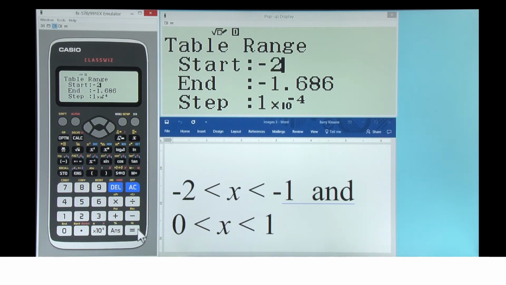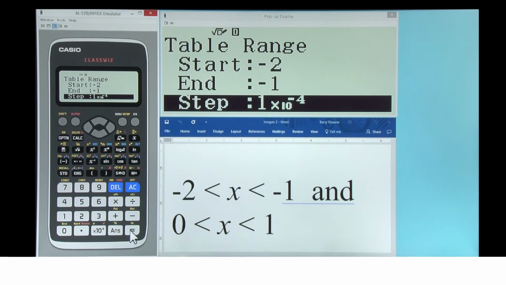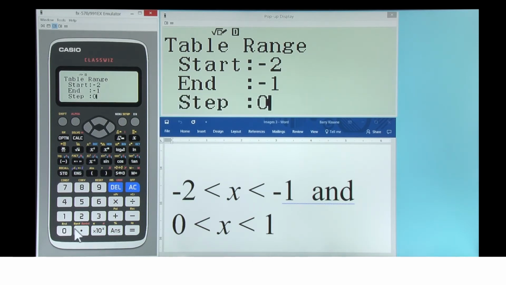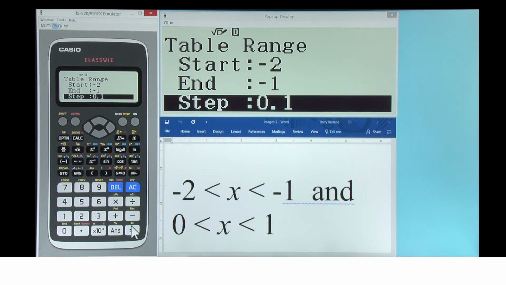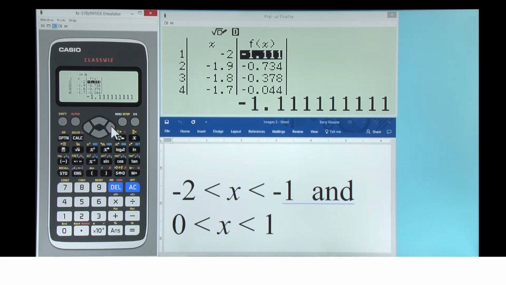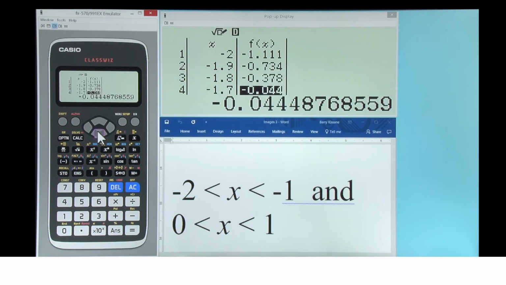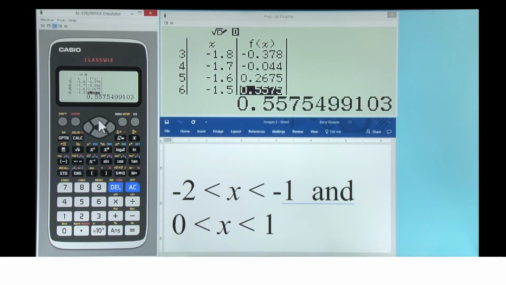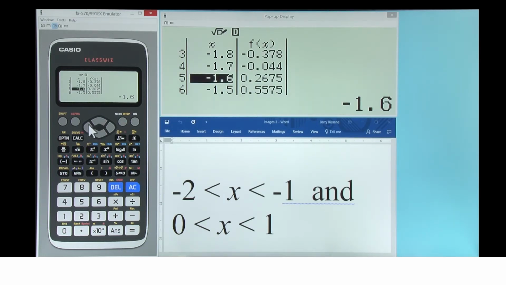For the first part of the table, use a small step, 0.1. And when we scroll down the table here, we can see the values are negative, and then they change to be positive when x is between -1.7 and -1.6. So we know there is a root between -1.7 and -1.6.